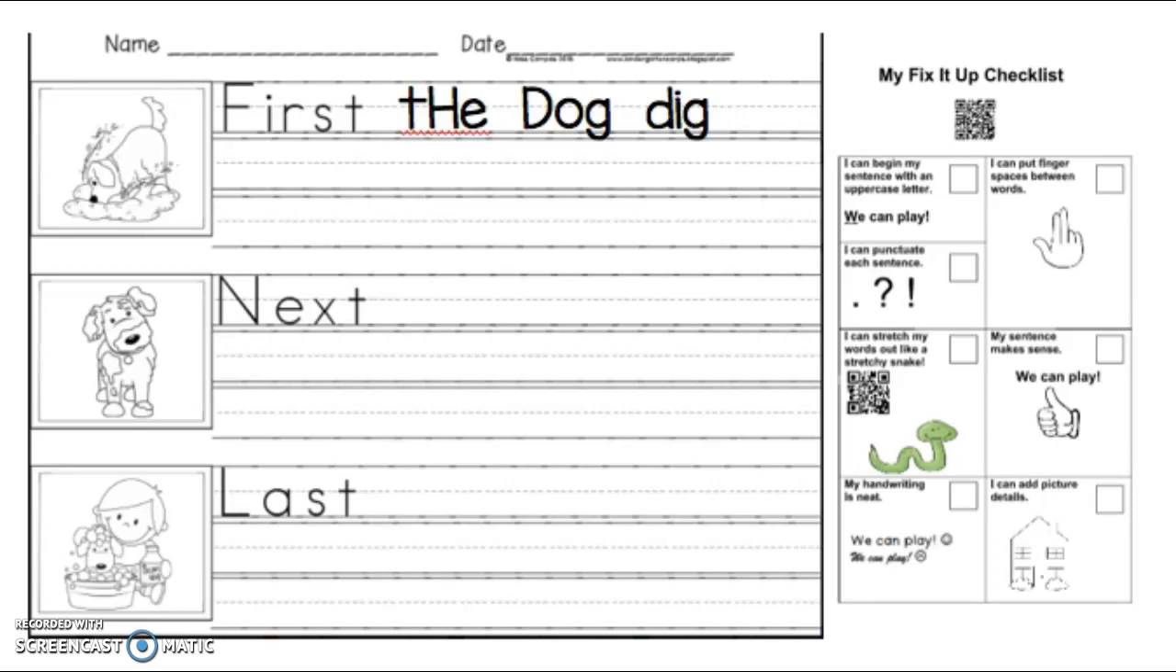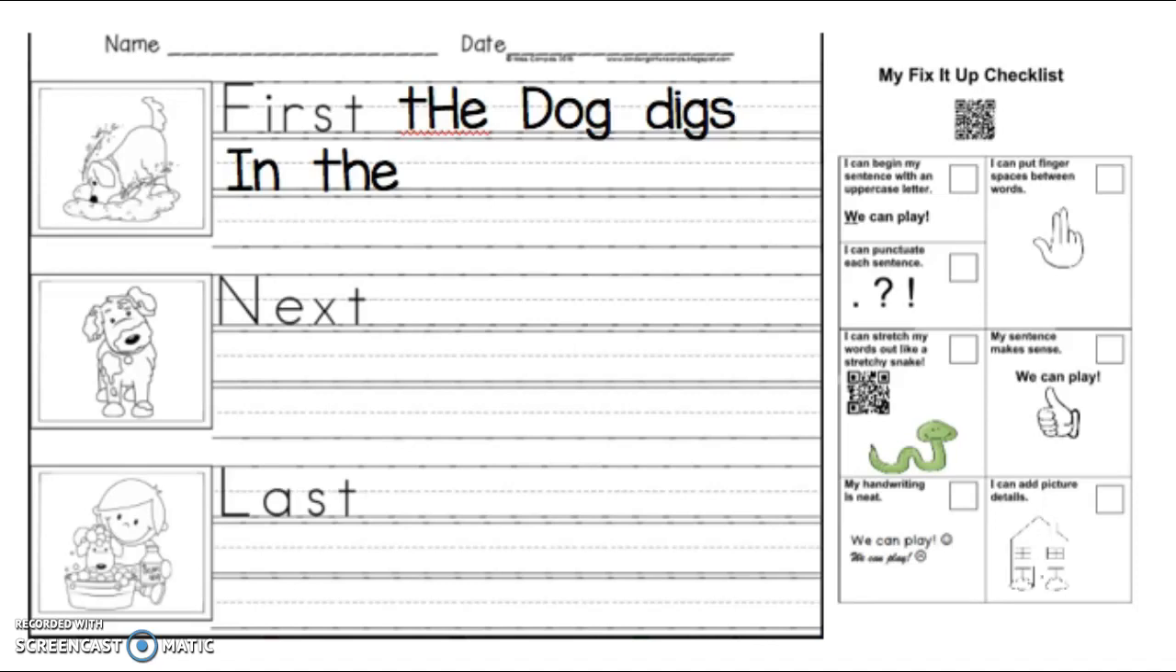Digs. Do you hear that ending sound? That's an S. Oh no, I ran out of room over here. When I'm at the end of the line, I have to start on the next line, so I come all the way over here. First, the dog digs in. Notice my finger spacing. The